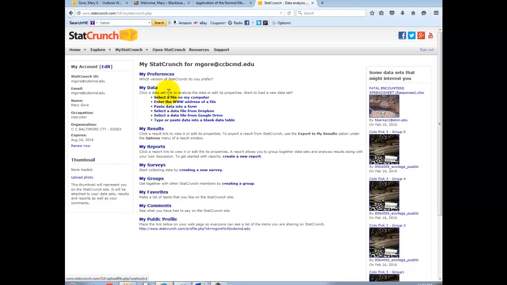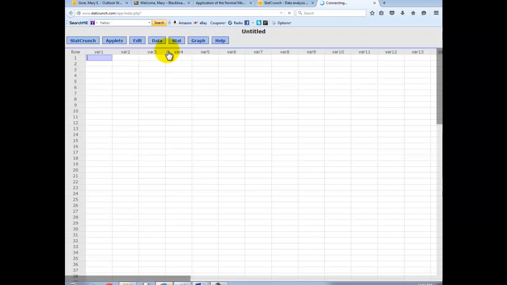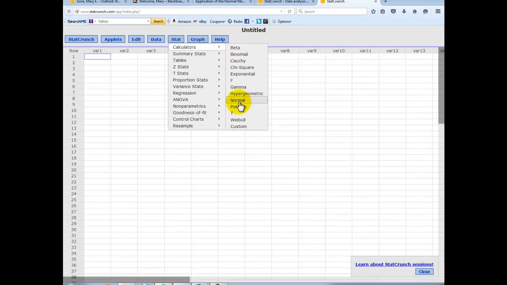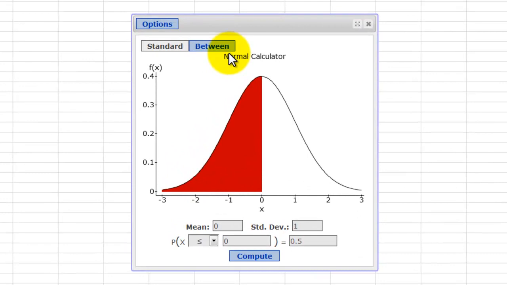So I'm going to log onto StatCrunch, and when I get onto StatCrunch I'll see this page. I'm going to open StatCrunch to get to the spreadsheet, and basically this gives me access to the buttons here, and the buttons I'm interested in are Stat, Calculators, and Normal. StatCrunch has a normal calculator built into it, and what we need to give the normal calculator in order for it to do work for us is